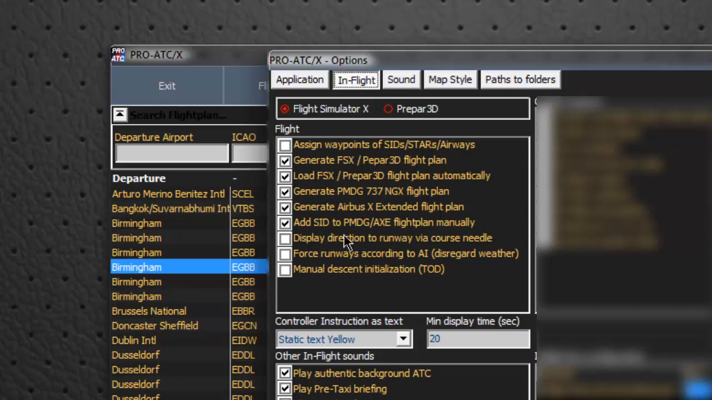If you want the SID to be imported when you import the clearance flight plan, then just untick it as well. Okay. I just want to go through these next two here. The force runways according to AI, disregard weather. A lot of you are probably aware, and if you're not, that if you tick this, then you would be